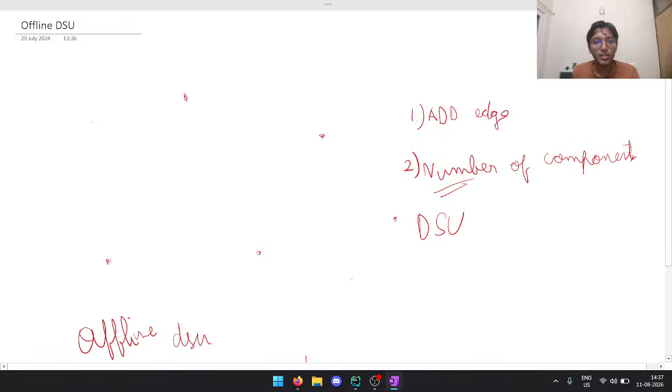So the first way to do this is to use a technique called square root decomposition. What our goal would be, let's say there are some queries. This is the query list. Each position we have a certain type of query. Let's say the first query is to add an edge. The second query is to question, number of components, and third is to delete some particular edge. So all of these will have some corresponding data. Like this will have some U and V, this will have some U and V, and this will just be tell me what number